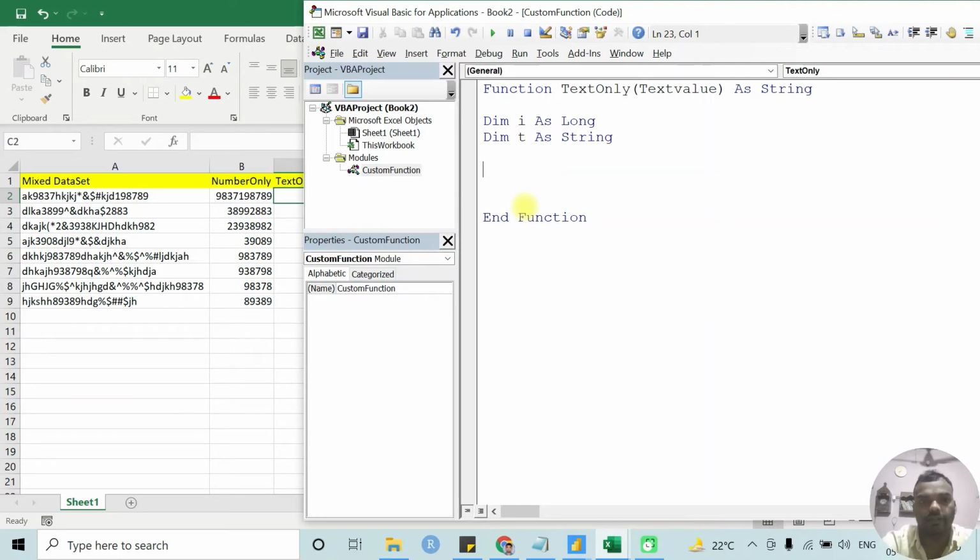Now read this text value. How to read? Using the trim function. So text value equal to trim, which is a VBA method. Using a for loop, i equal to 1 to, how many times to loop?